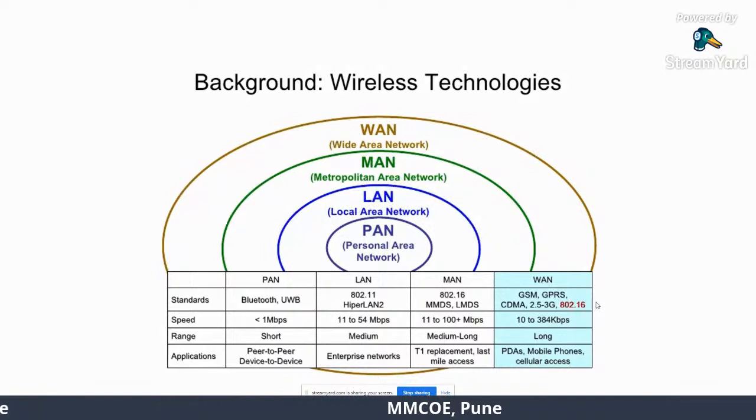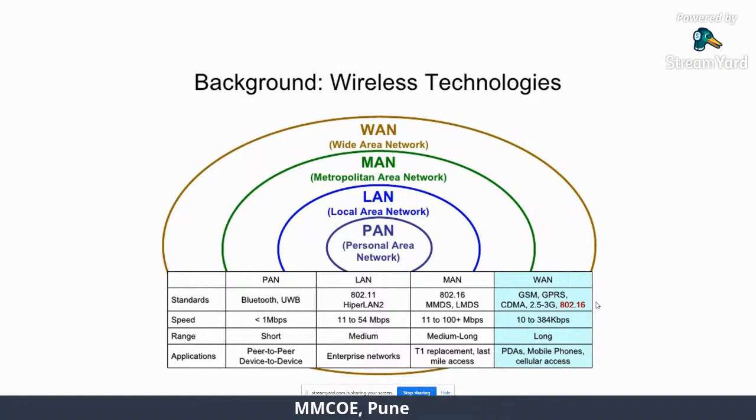LAN standards we have studied a lot. There is a range of IEEE local area networking standards in this 802.11 family. I'm not going to go into the details of this, but the best part of the IEEE Wi-Fi standard is that it provides you a good data rate. You can see here 11 to 54 Mbps. So for those applications where high data rate is the requirement, you can make use of local area network.